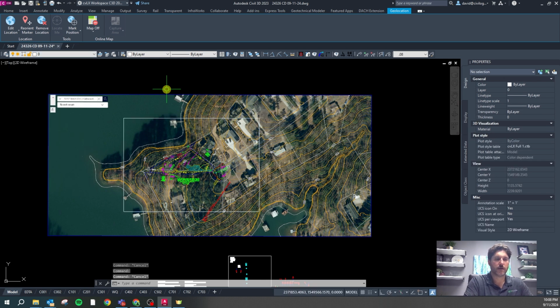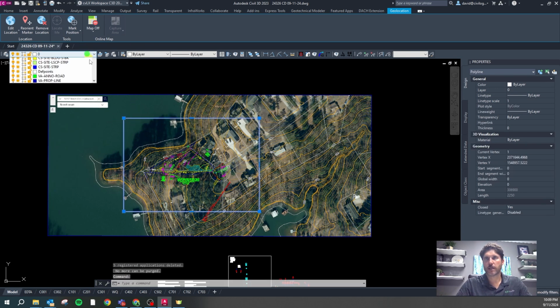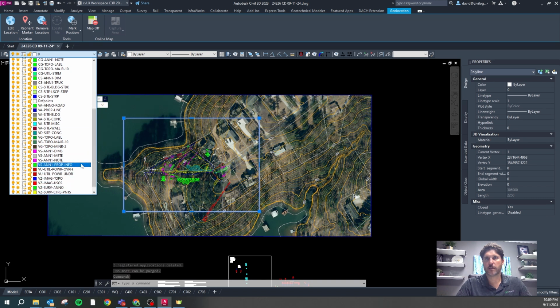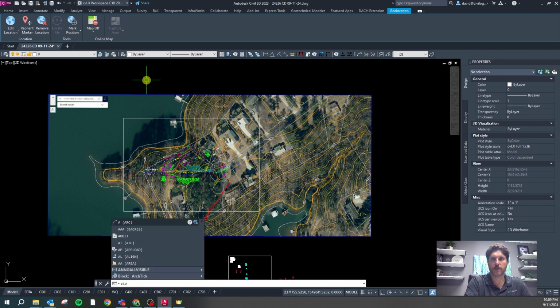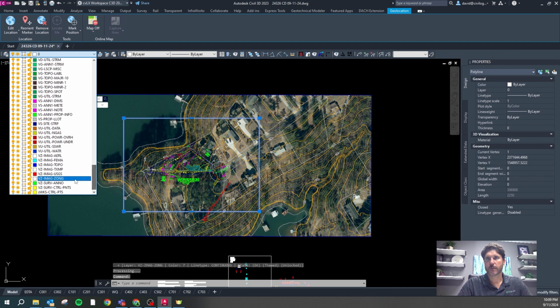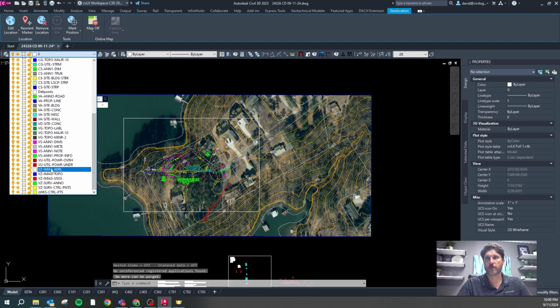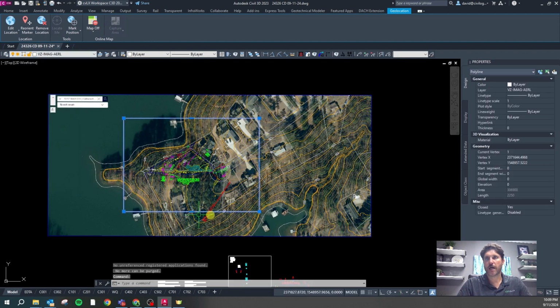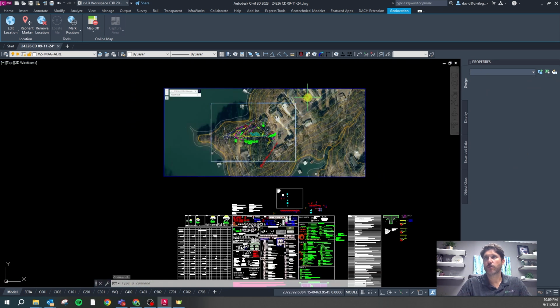I'm going to run a command, that same one, purge end, and it's going to get rid of all these extra layers that I don't need. Then I don't have to cycle through so many layers. I like to put this rectangle on the aerial layer, and I should have put it on that layer before I ran the command. So now I need to run civlay again, full to load it back up. And then I'm going to put it on that aerial layer. And now when I run purge end, it's not going to get rid of that layer because there's an object on that layer. So there it is. And since this is behind the viewport, we're never going to see it in the viewport. But now I know exactly how big to make my